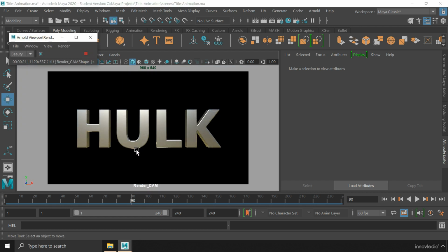Take a look at these reflections on the bottom side of these letters. This is coming from the spotlight that I just added to this scene. This actually acts as a rim light from behind. Okay? Now there is one last thing that I would like to add to this scene, which is the atmospheric